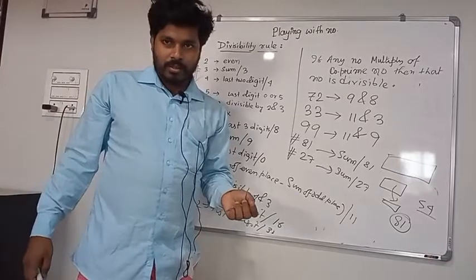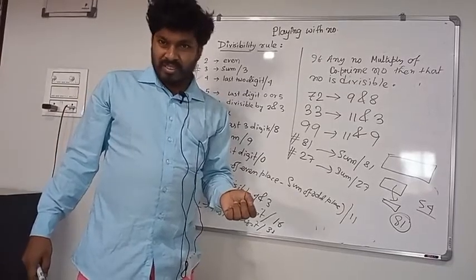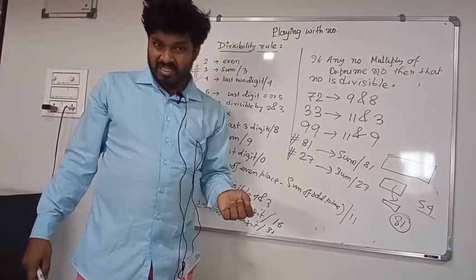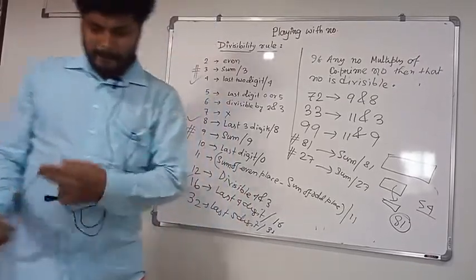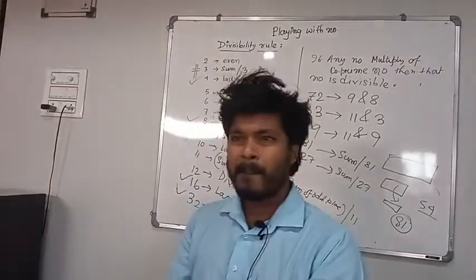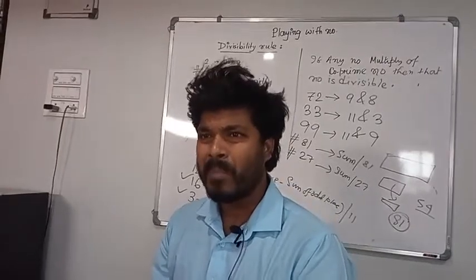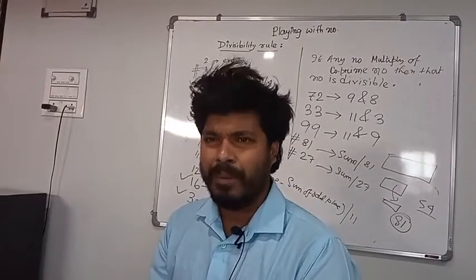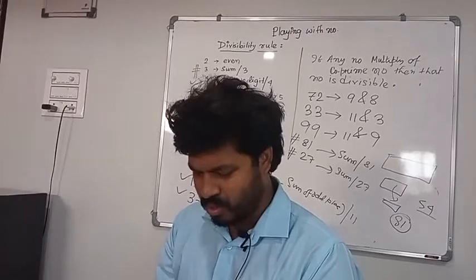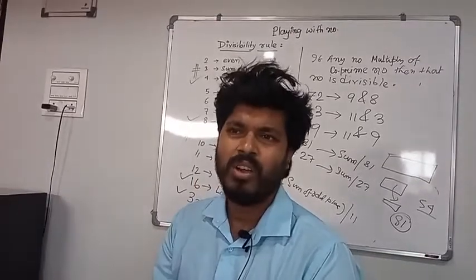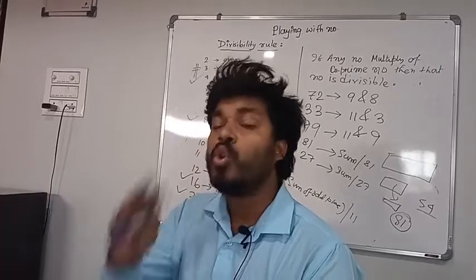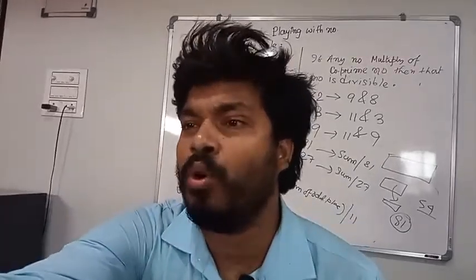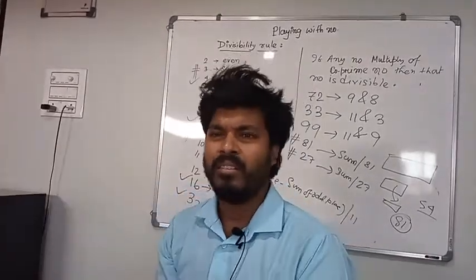So you said that the divisibility rule of 32 is that the last 5 digits should be divisible by 32. Acha. Is there any problem finding the solution? If the number consists of 3 digits, slowly. Just Pragati, you are on your camera.